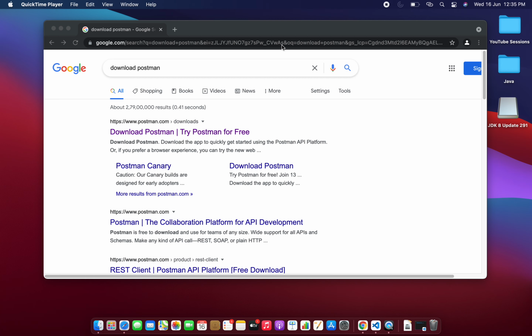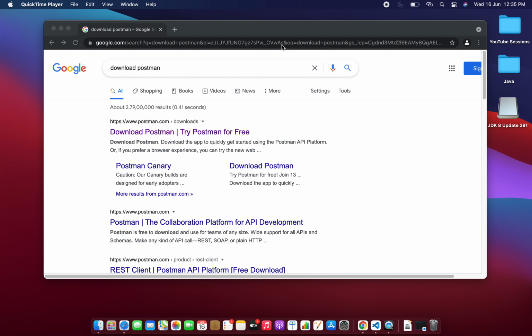Today I'm going to show you how we can install it on our MacBook, and I'm using a MacBook which has Apple's Silicon chip. If you have a MacBook with Apple's Silicon chip or Intel's chip as well, the procedure is pretty much the same. There is no big difference, so you can follow these steps itself.